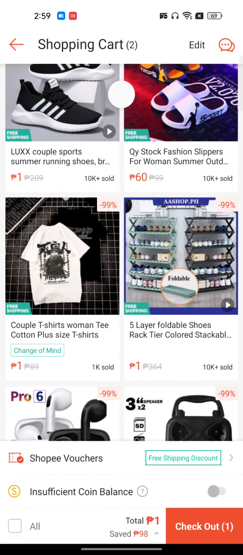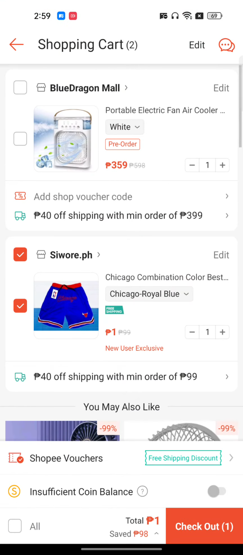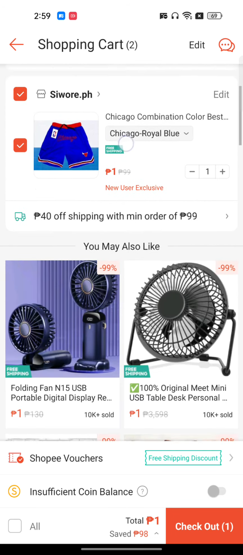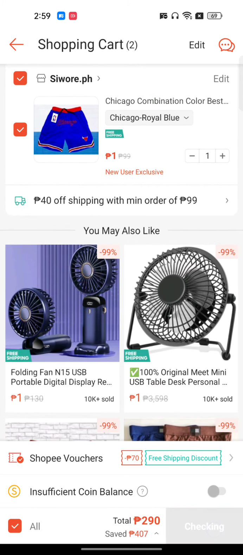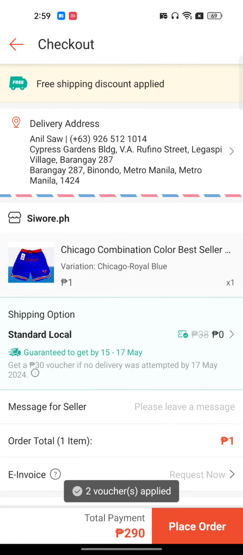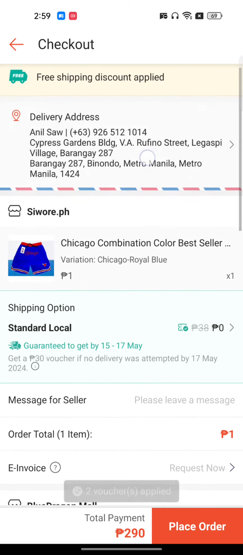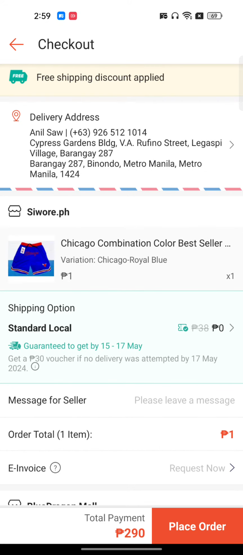So this is my cart and I have already added two of my products here. So I just want to buy all of them. I will just go and select all of my product here and click on checkout. Make sure you have added a valid address. So this is my delivery address and I have to add a valid address, then only I will be able to